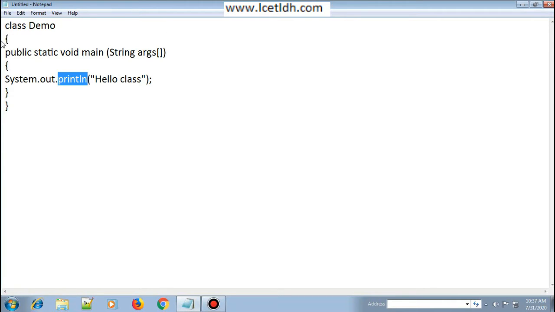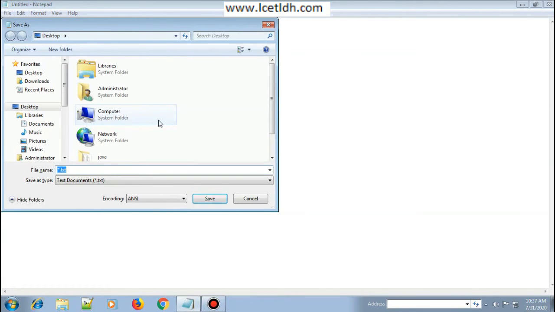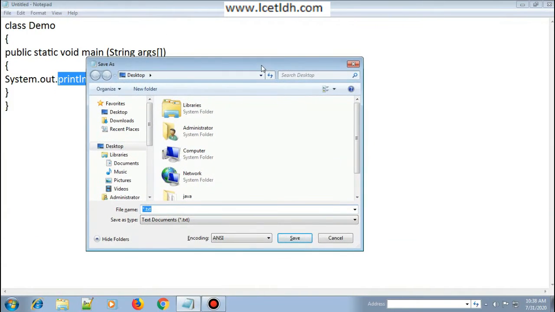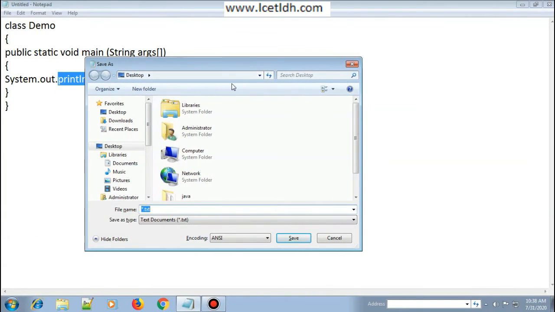After writing your program, you need to save it. In order to save it, press Ctrl S, and here you have to give the name of the program. You cannot give the name of the program as per your choice. You have to give the name of the class where the main method is. Here the demo class contains the main method, so the name of your Java program would be demo, and you have to mention the extension as well, that is .java. After this,